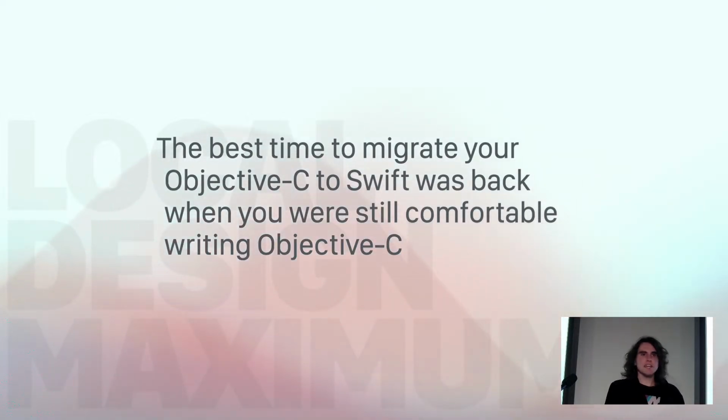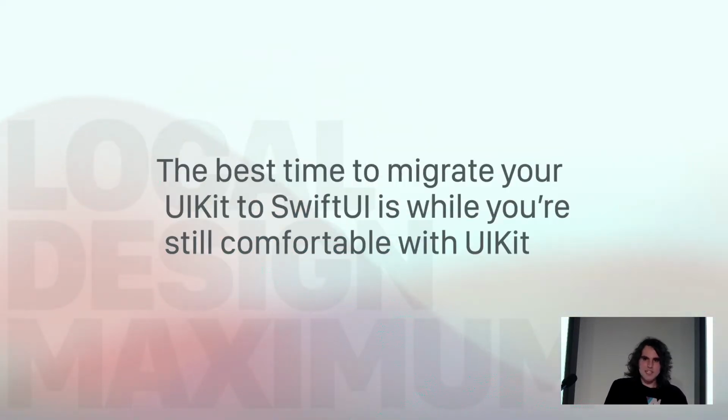So Objective-C, what's done is done. Everyone's pretty much where they are. I don't think much is going to change. But it's important to look at what we're doing right now, all of the things we're comfortable with today, and consider what's kind of just sitting there in the corner of our code bases that we're not really touching, not really thinking about, that's fine where it is, but after a while is really going to start to become a maintenance nightmare. So, second hot take, the best time to migrate our UIKit to SwiftUI is while we're all still